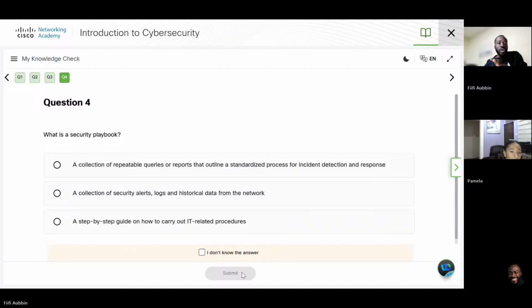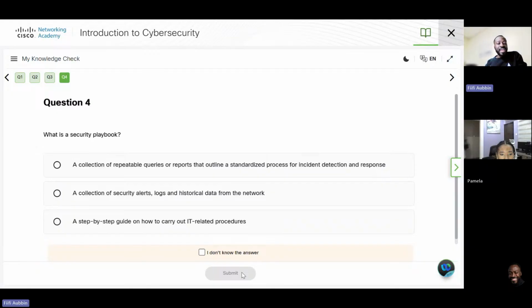Okay. What is a security playbook? If you don't know, you let me know you don't know. A collection of repeatable queries or reports that outline a standardized process for incident detection and response. A collection of security alerts, logs, and historical data from the network.